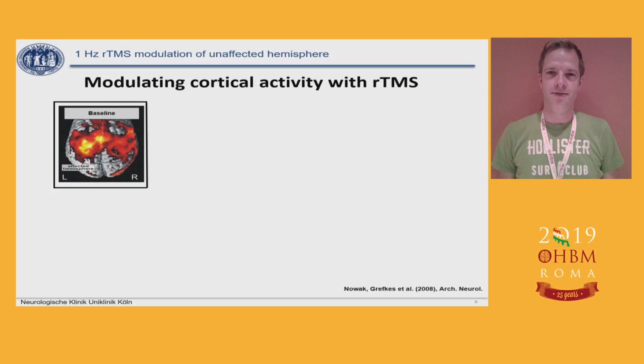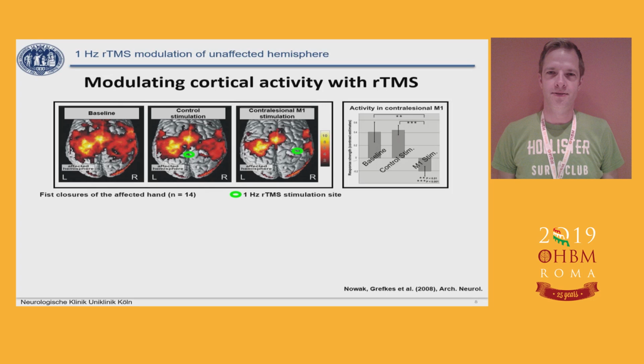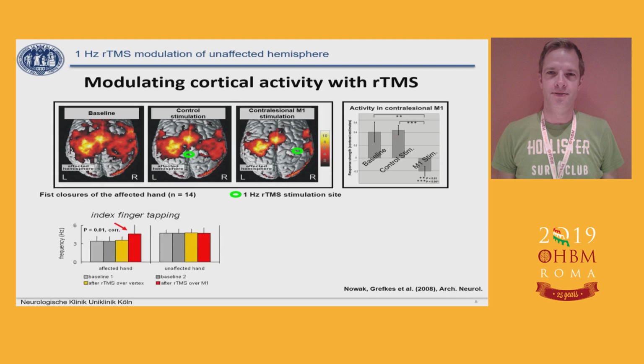And what we can observe is that when we downregulate excitability of the healthy motor cortex, we do not only see that activity is significantly reduced in the stimulated area, but we also observe that activity in the other hemisphere is focusing, now resembling more what we would call a physiological activation pattern. And these changes in activity are associated with a significant improvement of the finger tapping performance of the patients